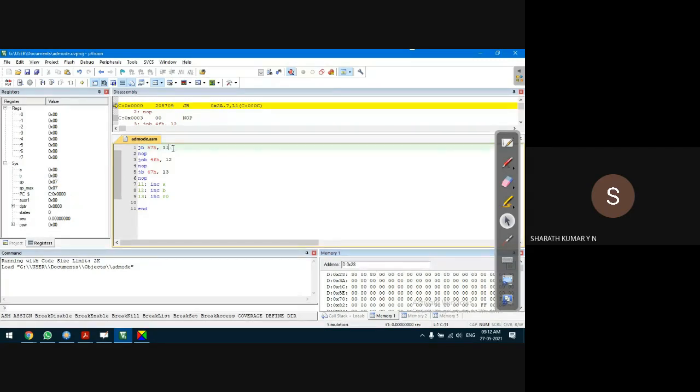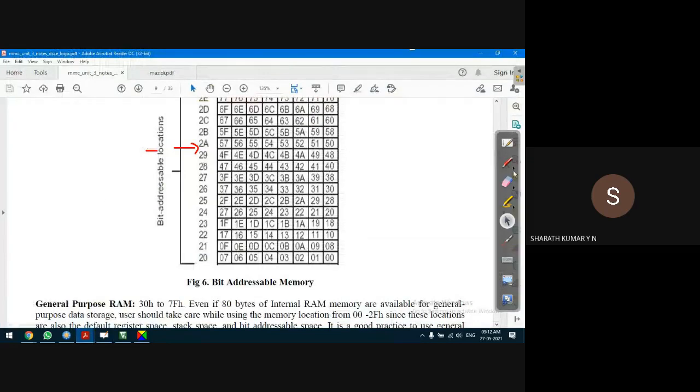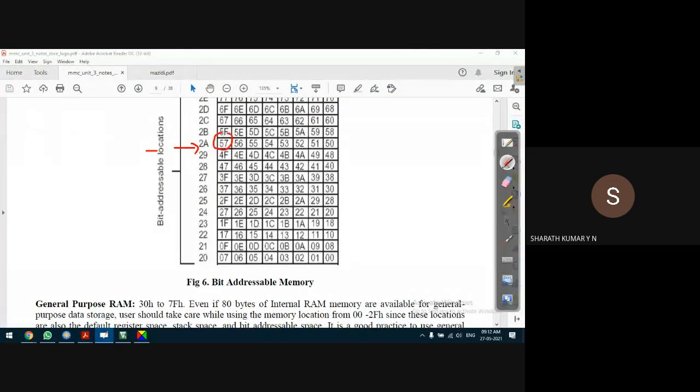Starting from the first instruction, F11 on my keyboard. It executed the first instruction, that is, it checks whether 57H is set to 1. What is 57H? Go to the program. It is 57, there is 2A, and 2A is set to 80. 80 means MSB is set to 1. Since the jump if bit instruction checks whether this bit is set or not, and it is set, it is true.